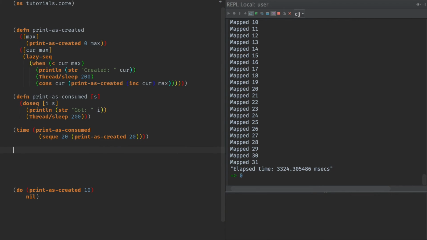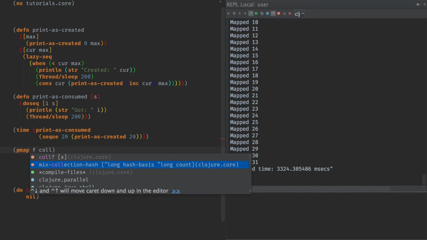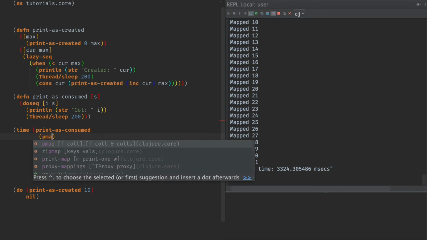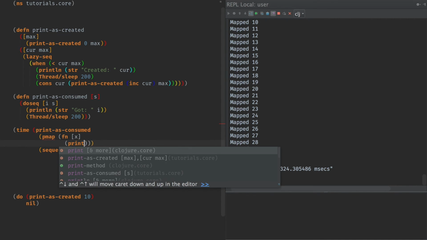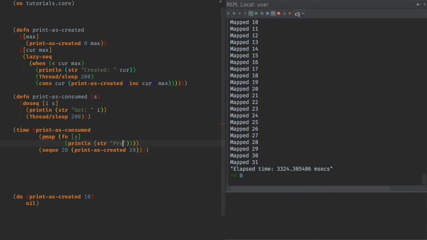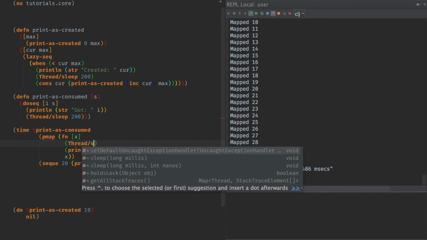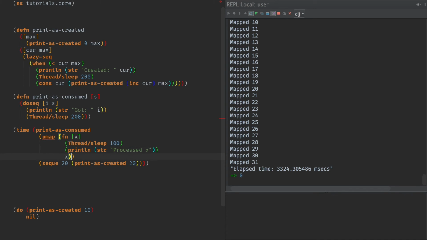Now you might say, don't we have pmap, right? Well, sure we have pmap. The problem is that pmap executes the function itself in a separate thread, but it doesn't necessarily execute the walking of the collection in a separate thread. So, yes, we could combine these and do pmap fn x and say process x and return x and do thread sleep 100. So if we put this all together, right,